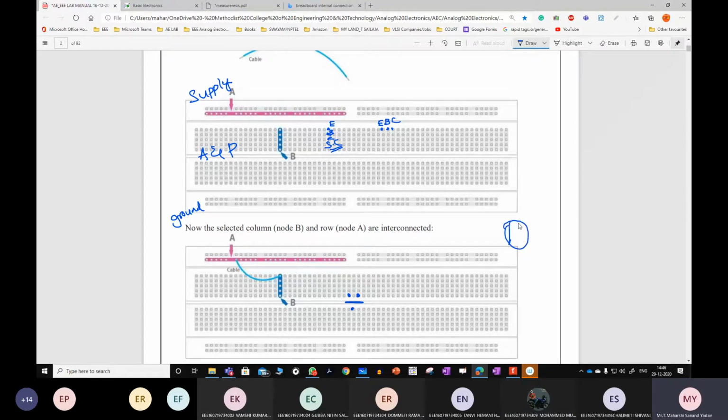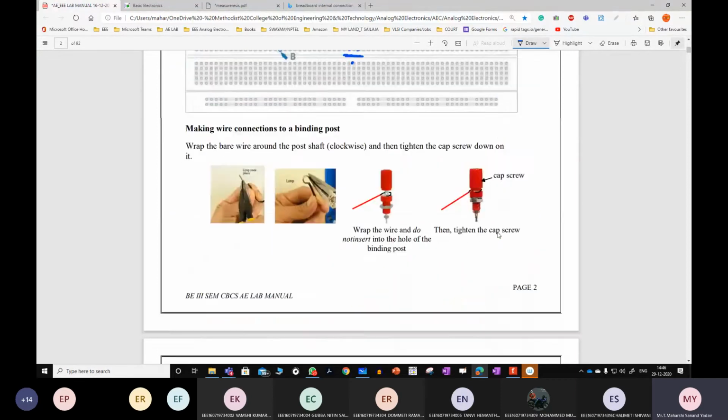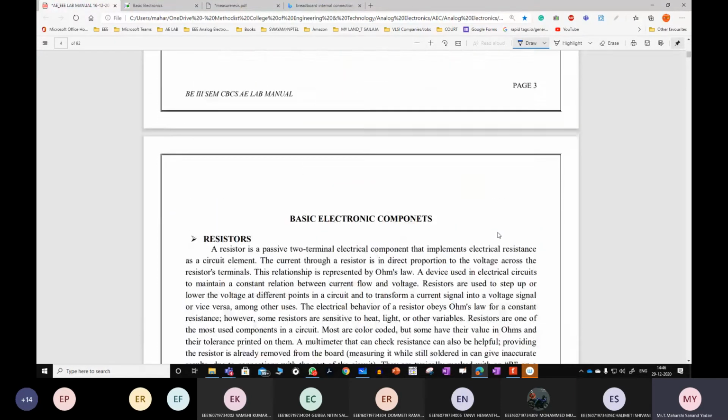Why do we know this? See, suppose I'm going for common emitter. This is emitter, this is base, and this is collector. Always there will be a flow of current from base to emitter in this direction, suppose if it is NPN. So as there is a gap here, or a break, it will create an obstruction for it. Okay, so we can't connect like that also.